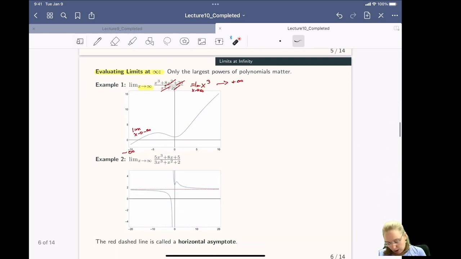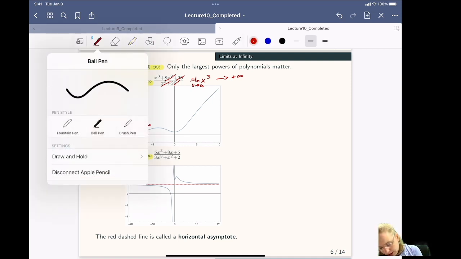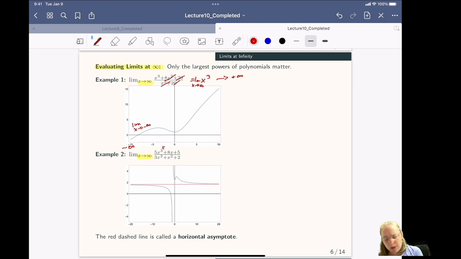All right. But this only works when we have a limit at infinity. So just to remind ourselves, if we're taking the limit as x goes to infinity of a ratio of polynomials, then only the largest degree terms matter. What is our largest degree term here? Well, we have a cubed, and a cube, there's nothing higher than cubed, so all of the other terms drop out, and this is the same thing as saying the limit as x goes to infinity of 5x cubed divided by 3x cubed. Now the nice thing about this is suddenly we can cancel. We can cancel that x cubed with that x cubed, and we end up with 5/3,